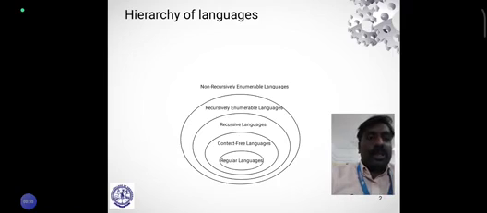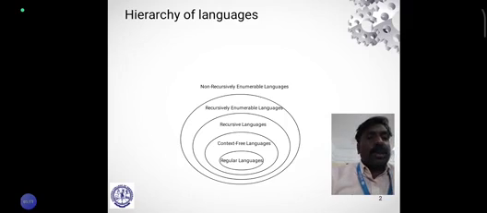Theory of computation is the study of the laws of computation, that is, the impossibilities of a computer, which can be studied with the help of an automata. Automata is a self-acting machine; it is the plural form of automaton. There are various kinds of automata. Automata is also a mathematical abstract model which has four kinds. One is finite automata, linear bounded automata, pushdown automata, and another one is the Turing machines.